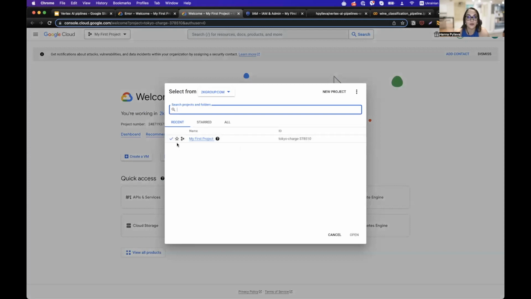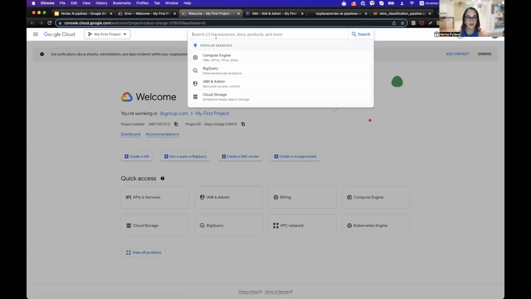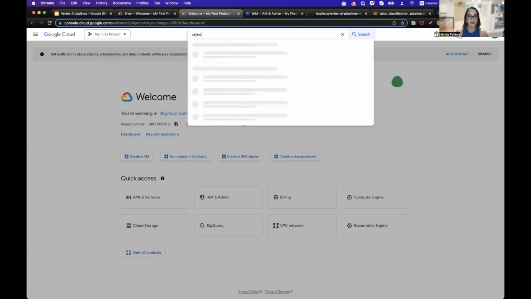It's a standard one which is created for each new user, and you will have a project ID. You need to save it somewhere because we will use it in our Vertex AI pipeline, and actually for the login part, because we need to authorize, and our authorization is always project bound, so we can authorize in different projects. And then here, when we are authorized in our Google Cloud and it's running,